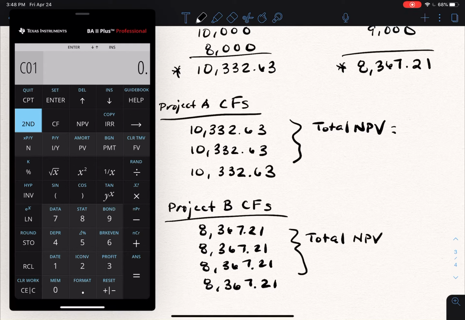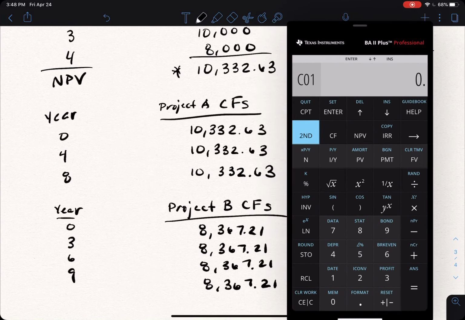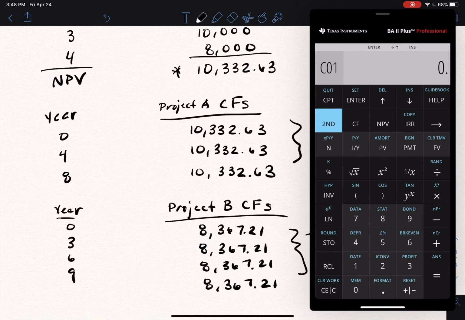It's actually all the way out at year 4, isn't it? So what we have to do is hit enter, so that way we're telling the calculator there is no cash flow at time 1 or year 1, and the